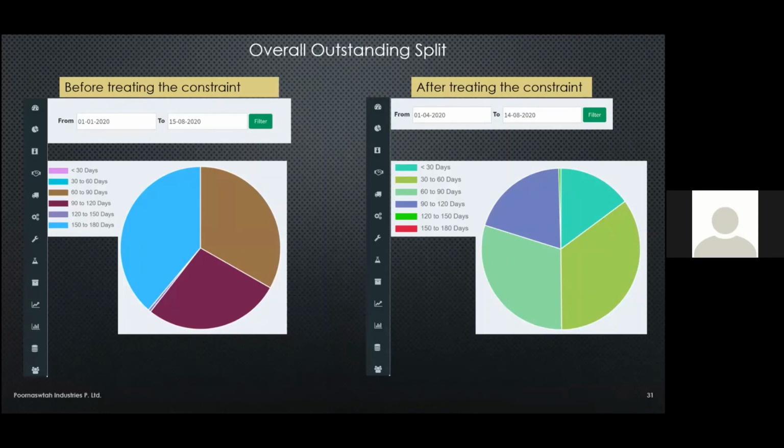This is the total debtor. If you see 150 to 180 days, the biggest chunk has been lost. It is not existing at all. Then a lot of debtors have come in less than 30 days out here. 30 to 60 days is here. So if you see, the debtors have been migrating back to the recency part. So this is a good movement, a good chunk,